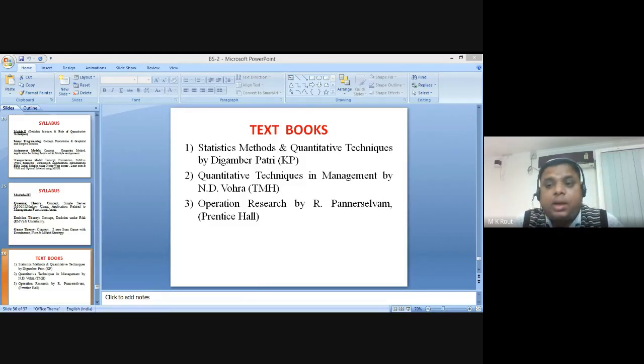But as far as numericals are concerned, in the next class, at the beginning, you have to come prepared with your copy and pen for solving some numericals related to mean, mode, and average. Because some people belong to a BSc background, some to a BBA background, or some to an engineering background. So it is very crucial from your point of view to prepare yourself with a note and pen to solve various types of numerical problems.